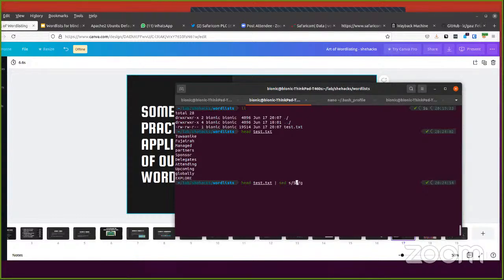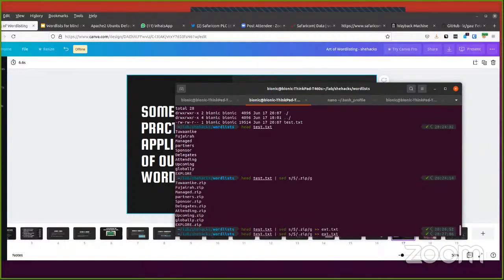But since we want the end of the file, we're going to do that. And what do I want to append at the end of the file? I want to append an extension, which is .zip. So if I hit enter, you'll actually see we have a tuanike.zip. Let me just put this in a